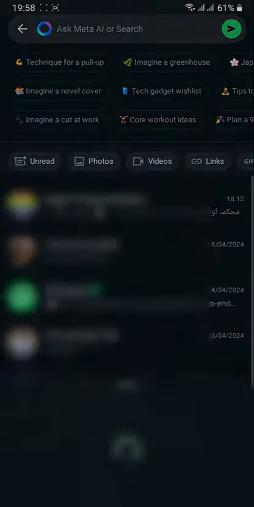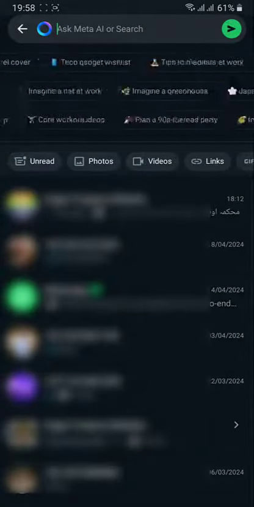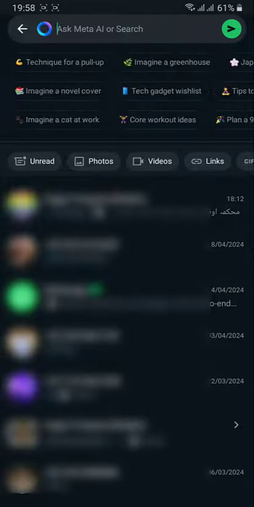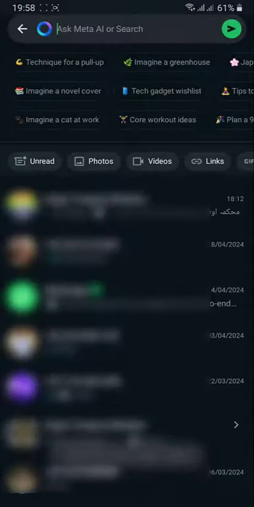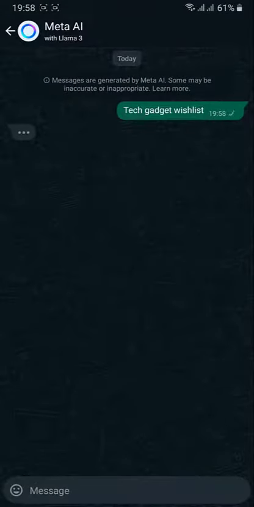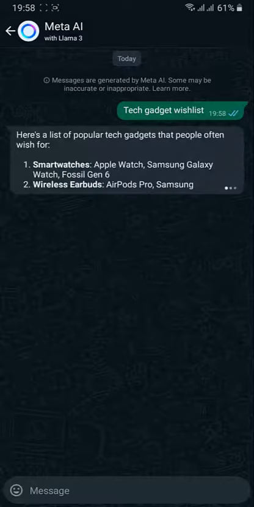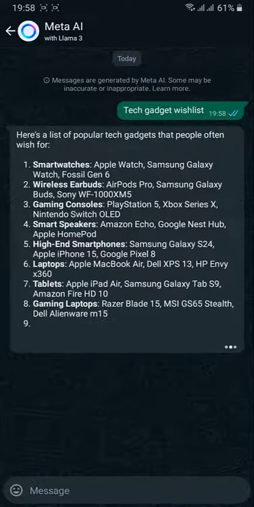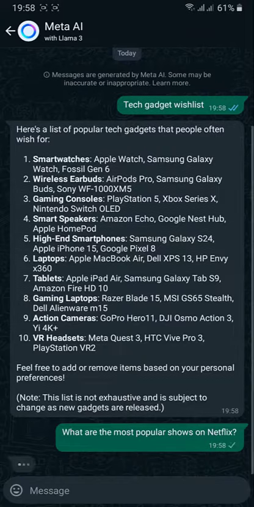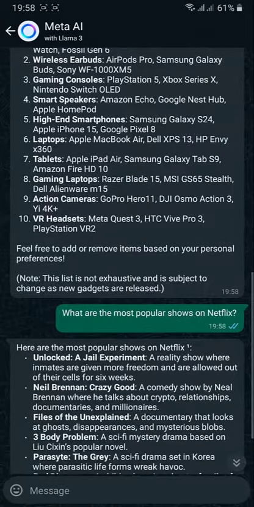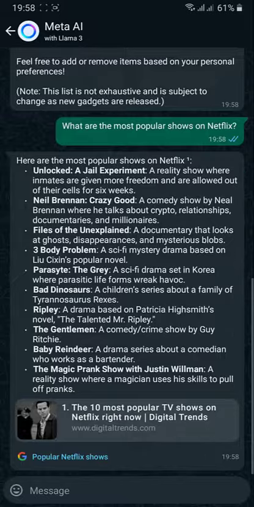These are by default options, like you can search anything here without typing. Like I want to check the tech gadgets wish list. So click continue. So it's answering, you can check it. Amazing AI option. These are multiple options here. So what are the most popular shows on Netflix? You can search anything here,